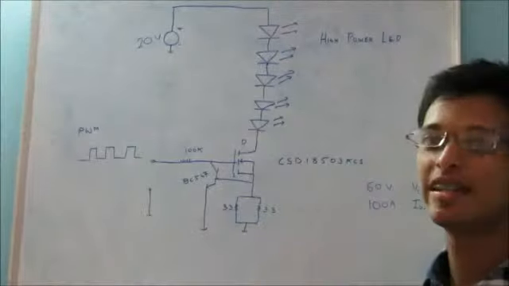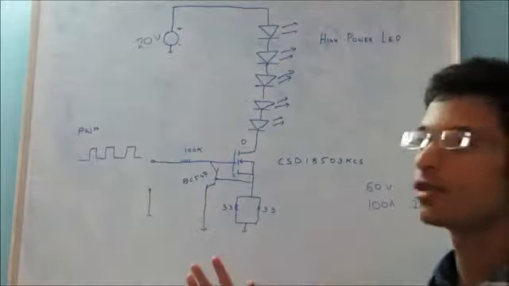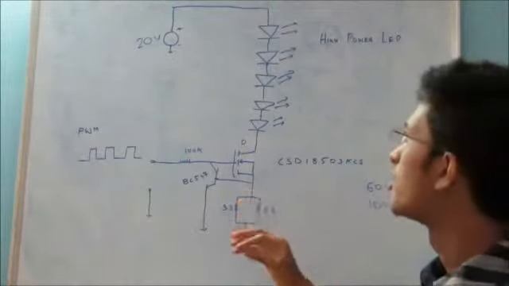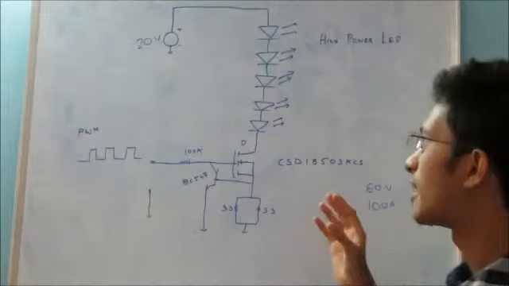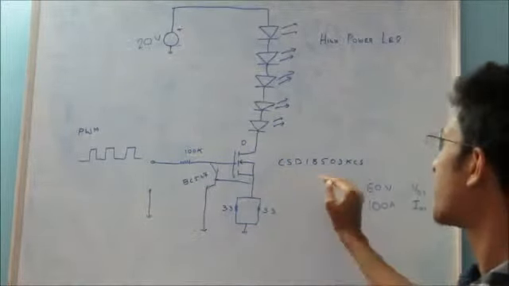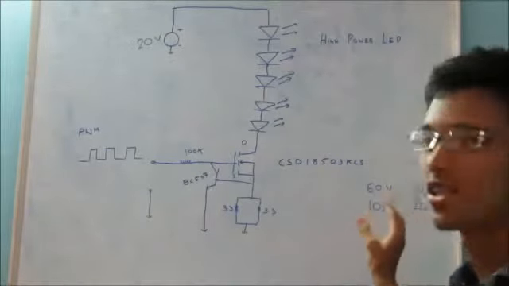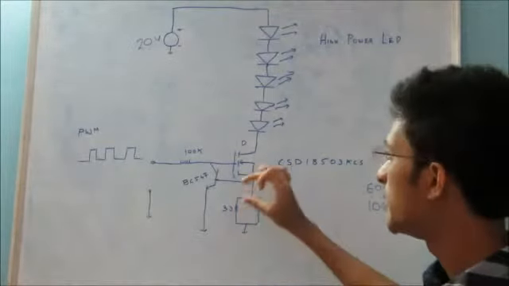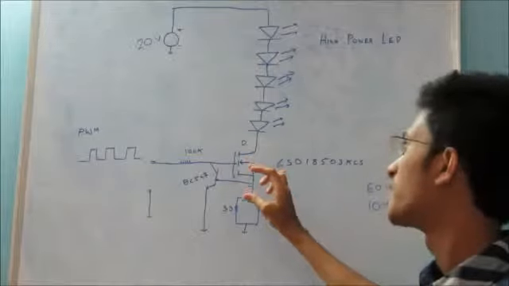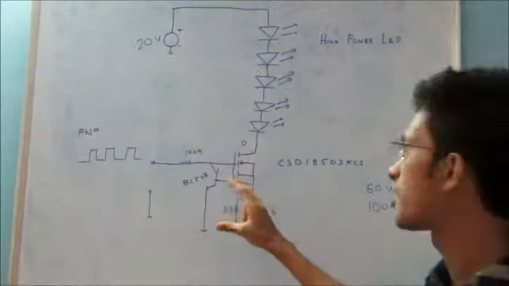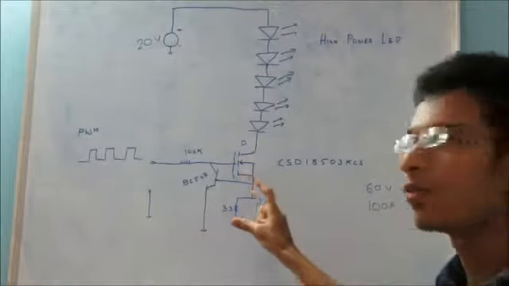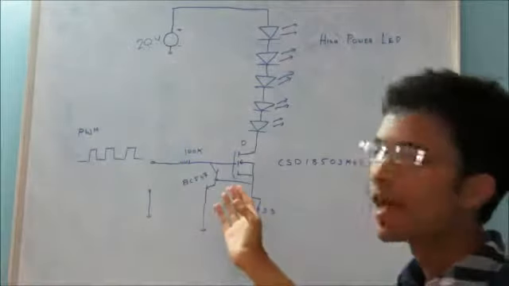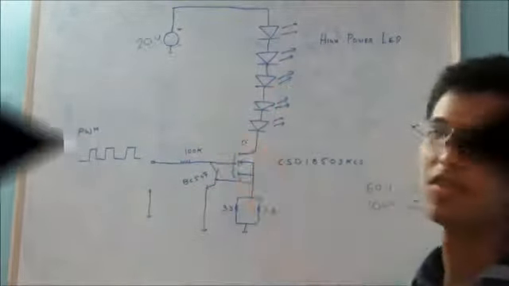This is the high-power LED dimmable light system. The TLC 5940 cannot sink a lot of current, so we have made a MOSFET circuit to drive this power LED system. This MOSFET, CSD18503KCS, is capable of handling 60 volt drain source voltage and 100 amp drain current. We have a BC547 transistor which acts as an overcurrent protection mechanism. If the base emitter voltage across the BC547 goes beyond 0.57 volts, it will conduct and prevent the damage of the power supply or TLC 5940.